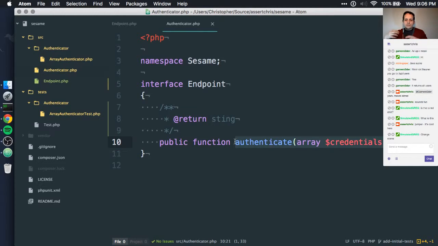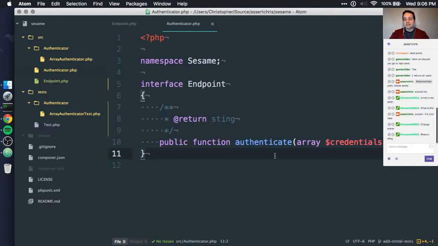But then what this endpoint gives out for an authenticate request is a string of XML, a string of JSON, a string of whatever. I think those two are significant examples. Return string, of course.